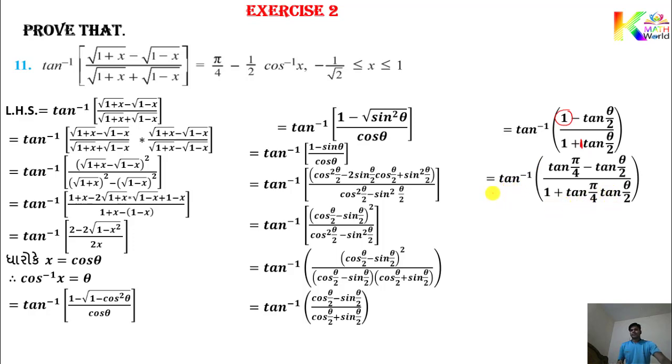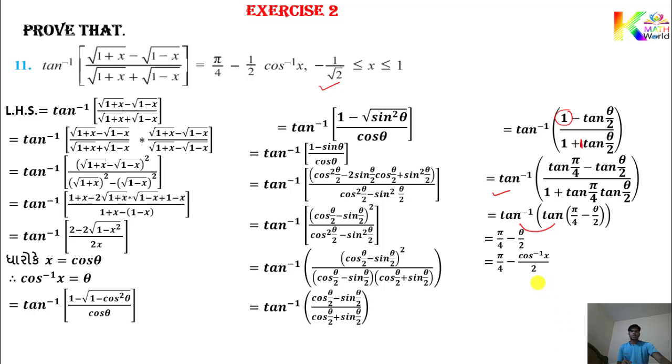So in the next step we get like this. In the previous method, whatever we discussed is the formula, so tan of x minus y formula. So tan of pi by 4 minus theta by 2. Now both are inverse of each other, so we can put the answer, which one? Pi by 4 minus theta by 2. Now no need to discuss the condition because the condition was already discussed in the previous method. Okay.